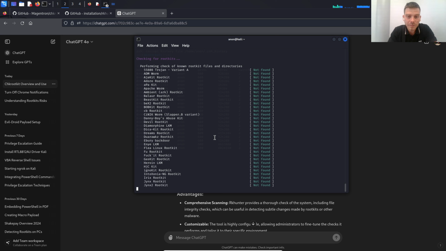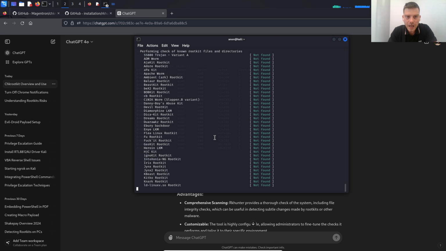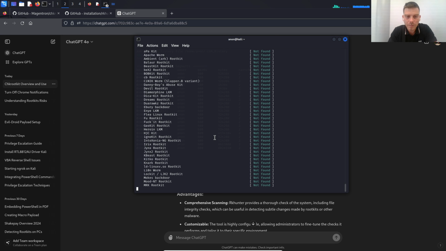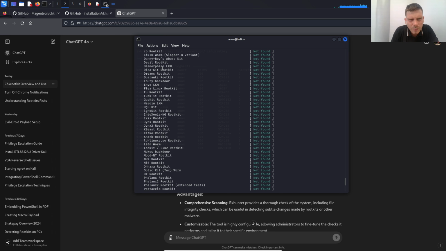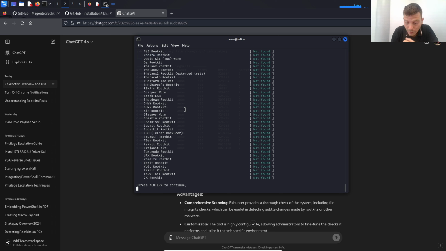So it might see some things that it doesn't agree with, foundationally on a Linux level. You know, these are all rootkits, known rootkits it's checking for. One of them said, "Fuck it, rootkit." That's ridiculous, but okay. Anyways,